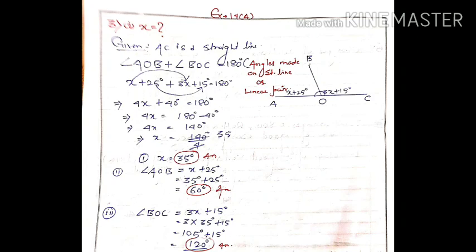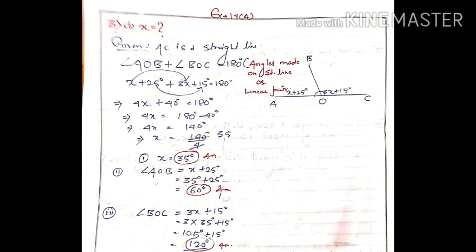Now check solution. Given AC is a straight line, angle AOB plus BOC is equal to 180 degree. Angle AOB, can you mark it on the figure? And BOC equal to 180 degree. What is the reason? Reason you have to write in the bracket always in geometry. Angles made on straight line. Okay, x plus 25 is the value of AOB and 3x plus 15 is the value of BOC. After this line there is only simplification. You can see x and x together, constant and constant together, plus it, simplify.